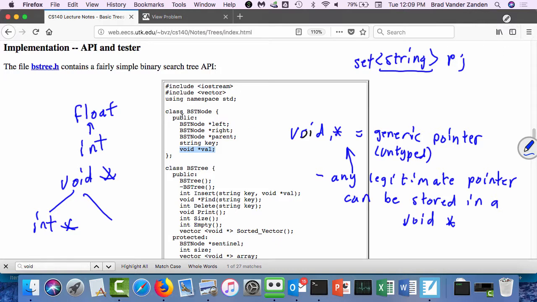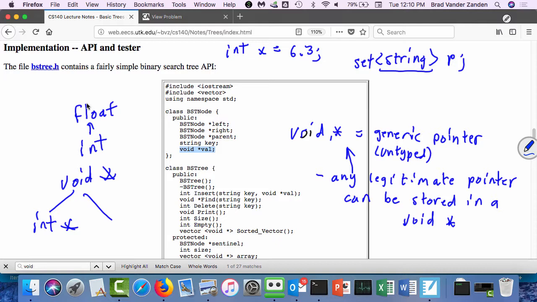Okay. So when you get to discrete math, you'll probably get to something called lattices. And this is saying that this type is a more general type than this type. So you can store this type into this type, or you can store this type into this type. But you can't go the other way. If in C you try to say int x equals 6.3, you'll get a warning, because that is going to lose information,